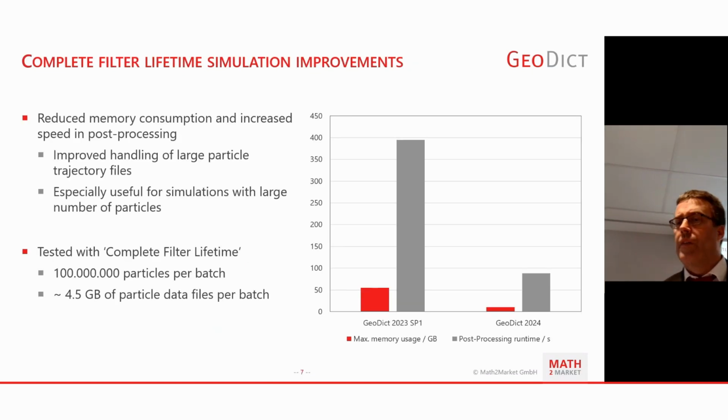So another tool in digitalization and automation is, well, a simple answer, to get the results faster. We have improved our memory consumption and the runtime. Here, for example, shown for a complete filter lifetime example. The impact of these speed improvements: better and faster development cycles. We reduce from 12 days to 3 days here in this case, for example.